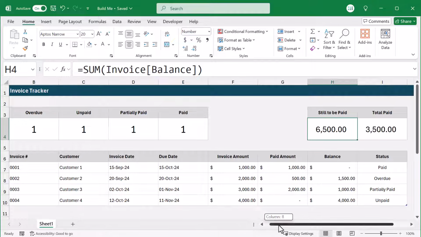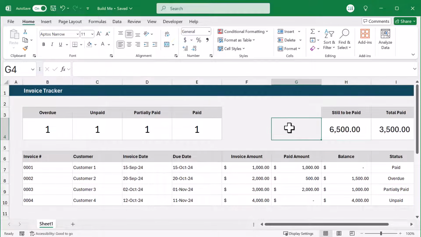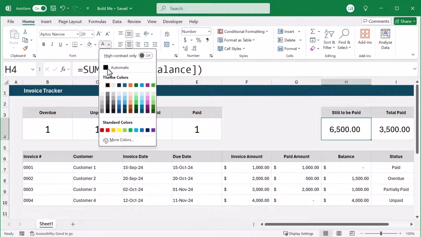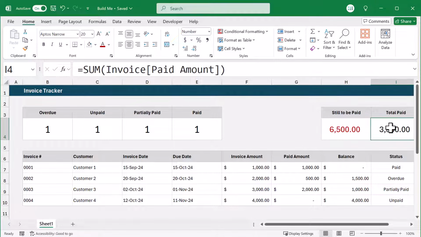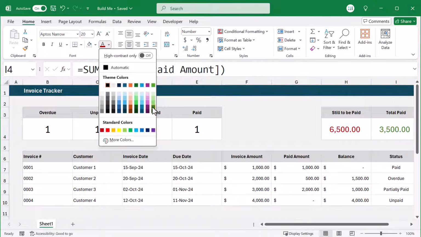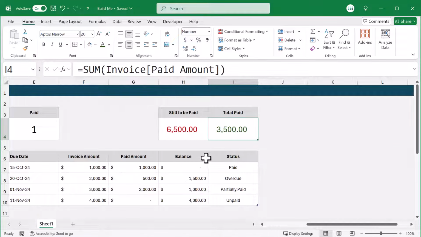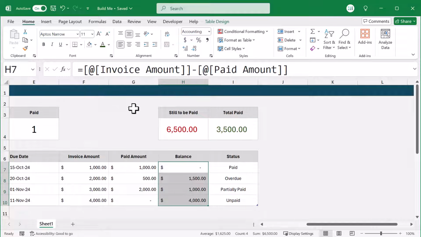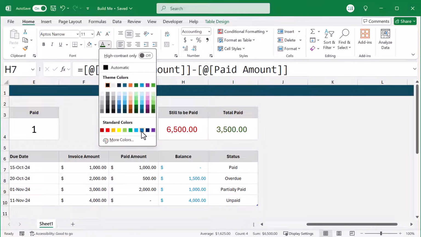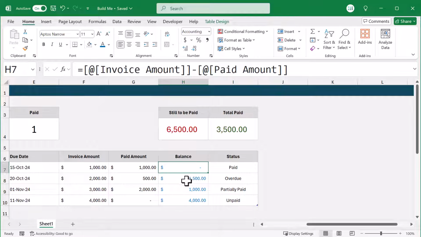Alright, now that we have all of the formulas in place, all that's left is to add some final formatting. Start by selecting cell H4 and change the font color to dark red. Then select I4 and change the font color to dark green. Next, select the balance column and change the font color to blue. I do this in particular because this helps remind me that these numbers are calculated by formula. Finally, we will add in some conditional formatting that will change the color of the status cells based on the